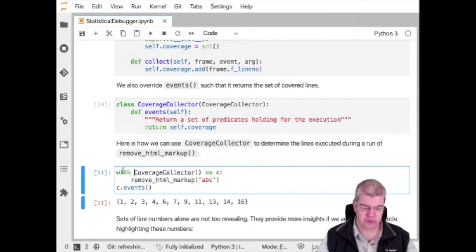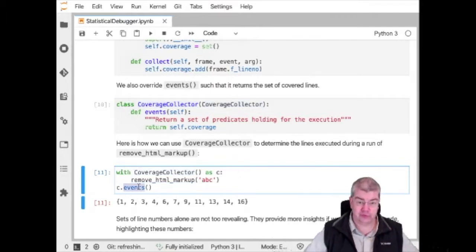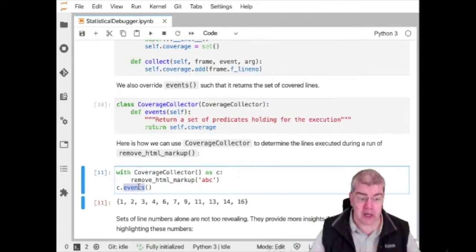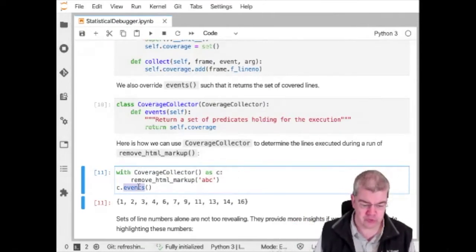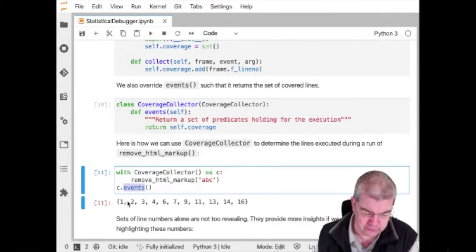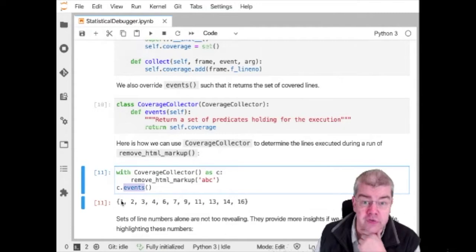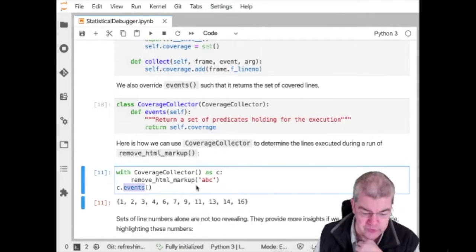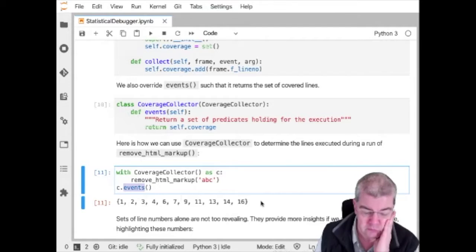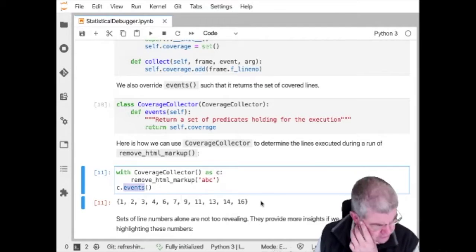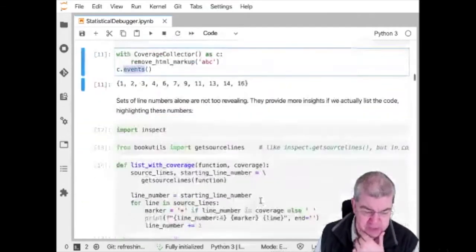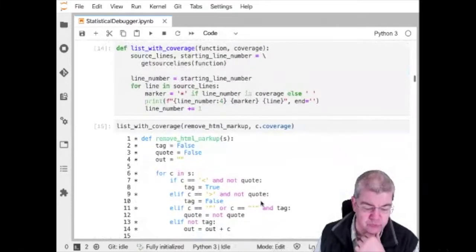So we can do with coverage collector as C, and then we invoke a function. And after that, we can invoke this extra function events, which gives us a set of events, in this case line numbers that occurred during program execution. And here we can see these are the lines that were executed in the code with this input, which is 1, 2, 3, 4, 6, 7, 9, 11, 13, 14, and 16. Boom. Well, that by itself is not very revealing, but what we can do is integrate